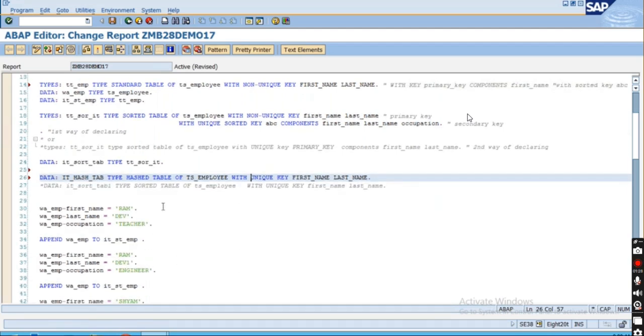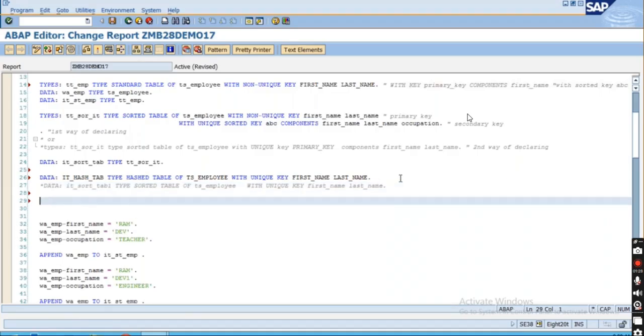If you have to search the data, read table it_hash_tab with key,